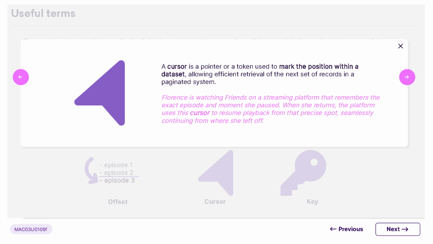Imagine you're watching a series like Friends on your favorite streaming service. You pause at a certain point, and when you return, the platform picks up right where you left off. This is the power of a cursor. In a technical sense, a cursor acts like a pointer or a bookmark. It keeps track of your precise position within the data set, ensuring efficient retrieval of information when needed. So when Florence stops her episode and comes back later, the system seamlessly uses this cursor to resume. This functionality not only improves user experience by saving time and effort, but also optimizes data management in a paginated